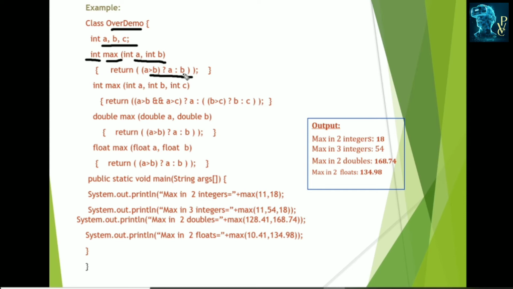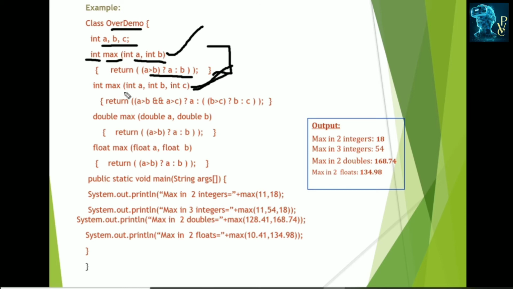In this method I am checking the maximum of two numbers, a and b. Here I am again using the same return type and same name. What is the meaning of that? This is method overloading, but the difference must be in the number of arguments or data types. Here we used 2 arguments, and here I passed 3 arguments. So this is called method overloading.